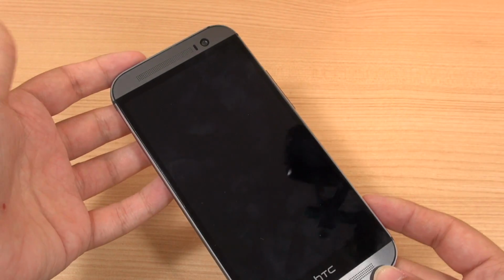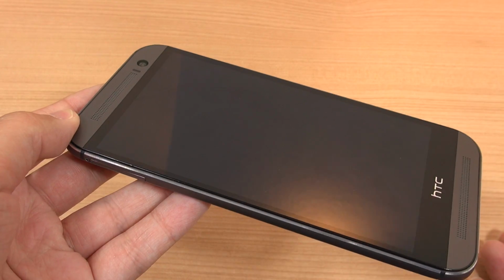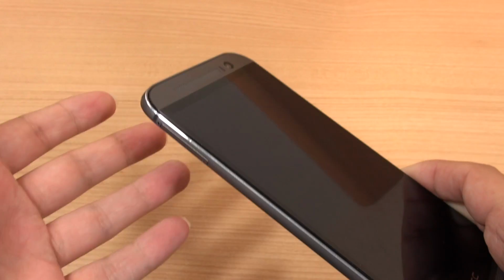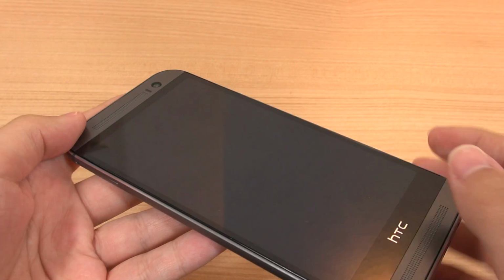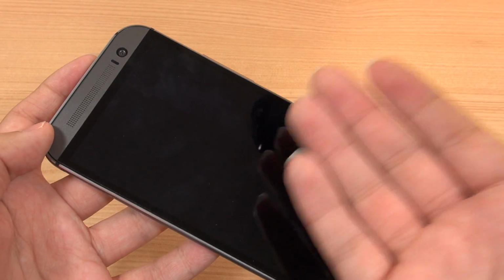Now, in terms of the glass on the front, this is Gorilla Glass 3. In my experience, Gorilla Glass 3 works really great against scratches. It's got what they call native damage resistance. So that means that they have a different molecular formation for the glass before they go to actually harden it. So in my experience, I've seen that only very light scratches tend to happen, as opposed to really deep scratches